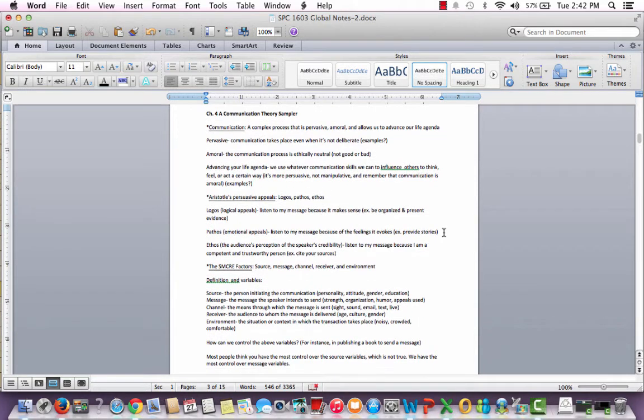Another theory, Aristotle. He's got his persuasive appeals that we use a lot in persuasive speeches. Those are logos, pathos, and ethos. Logos is logical appeals. This basically says, listen to my message because it makes sense. For example, if you're organized, you present evidence, you cite sources, you've got facts, you have presented yourself logically, and